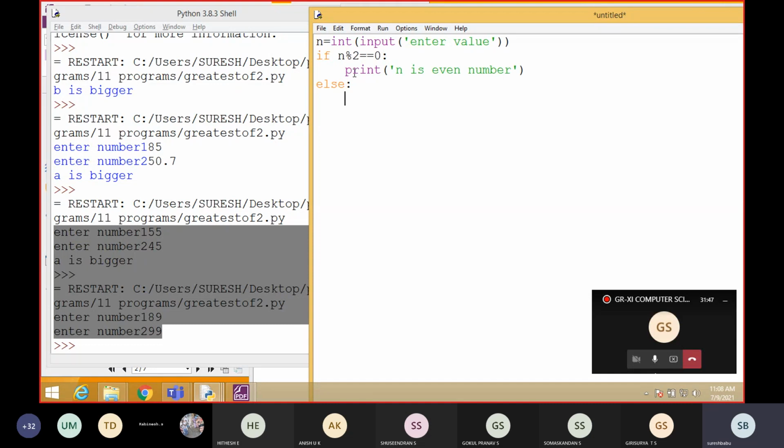Otherwise it will show an error and will not execute. That also I will show you, because when writing also, students, you should give it like this. Indentation is very important; if you don't give the space, it will definitely show an error. So I'm going to save this program.